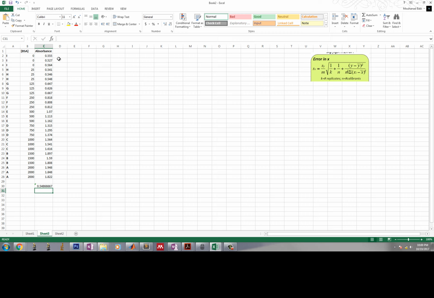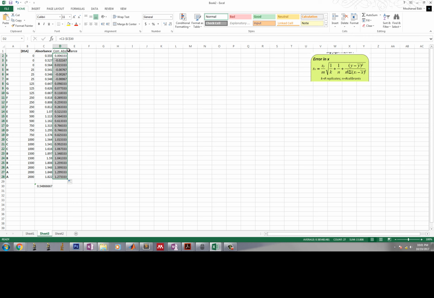Now we're going to subtract all of our absorbance values from this blank measurement. So this is going to be corrected absorbance, and equal sign. I'm going to select the absorbance value and subtract it from the average. Because we're going to be doing this for all the cells, and we're going to keep the red cell constant, we're going to type in the $ sign between that cell, hit enter, and if we hold Control or Command for Mac and drag down,